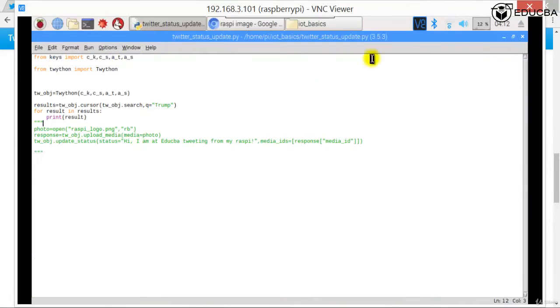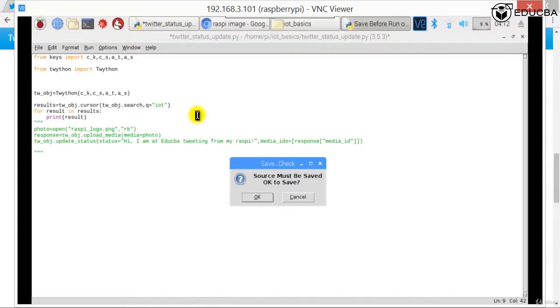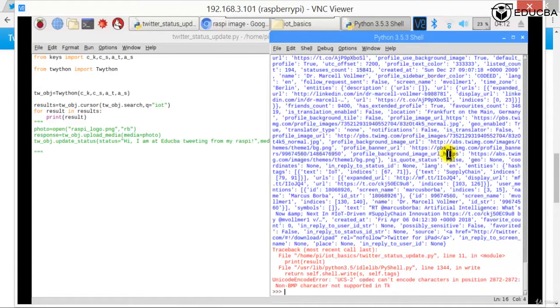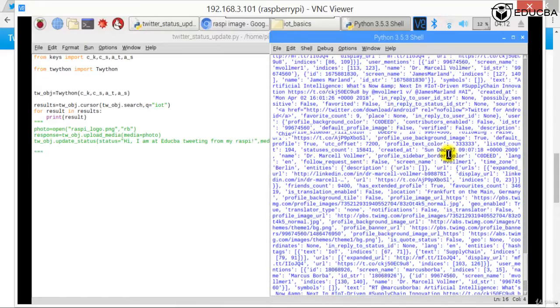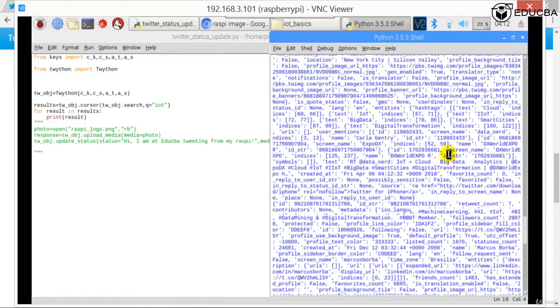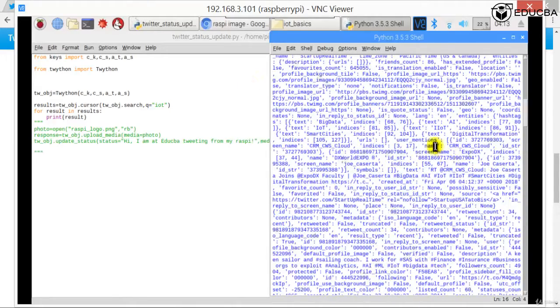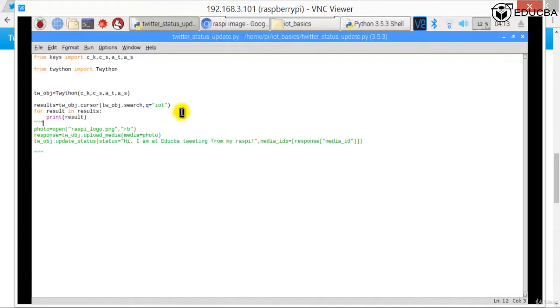So instead of Trump, let me put IoT, and let me check if there's some data coming up. If it is, good. So that's about IoT. Okay. So there are guys tweeting about IoT, so that's good. Cool. So we're going to have some things about IoT very soon. We're just going to figure out what to do in such a way that I am told when such a thing happens, and maybe an LED blinks